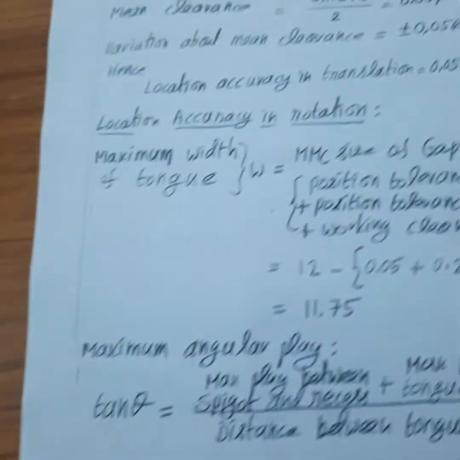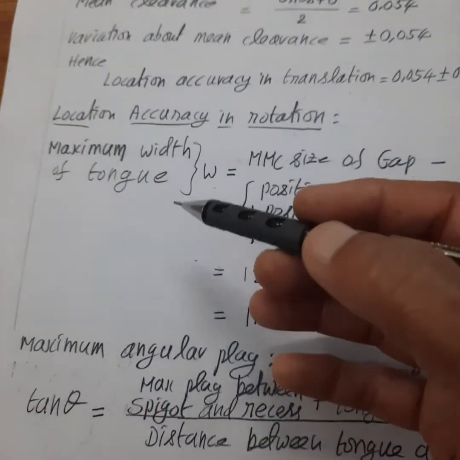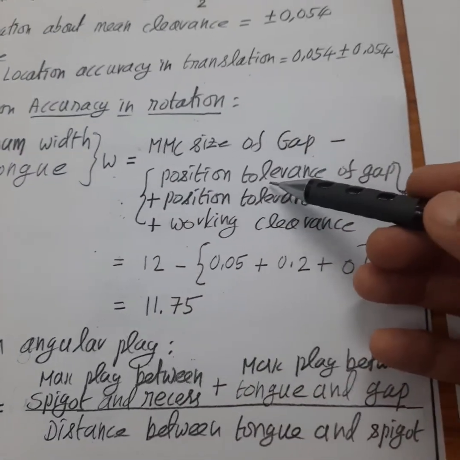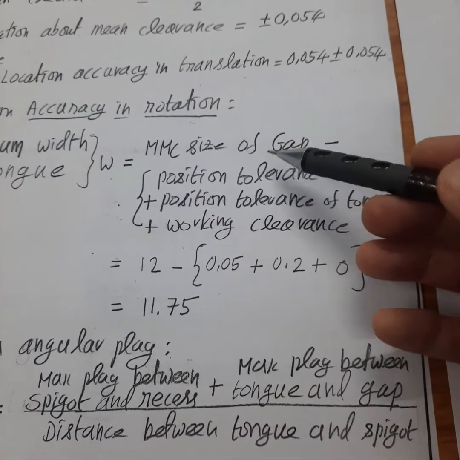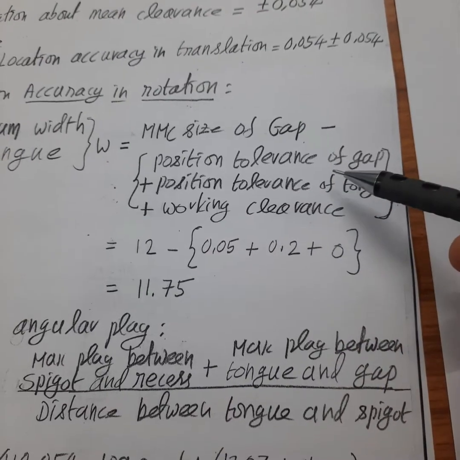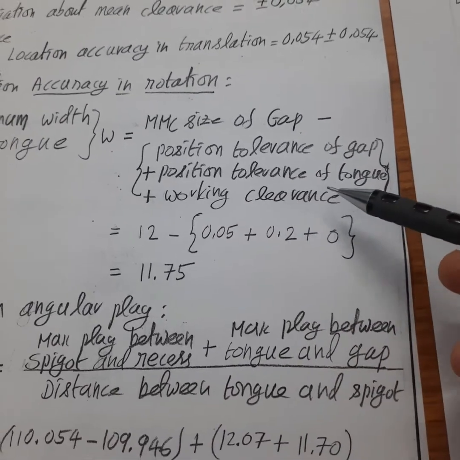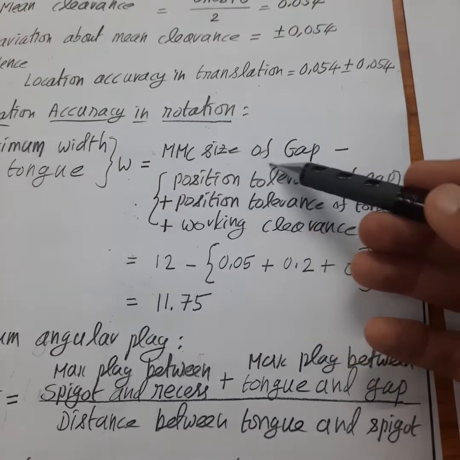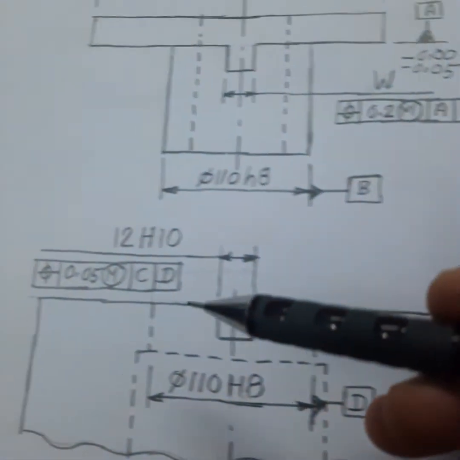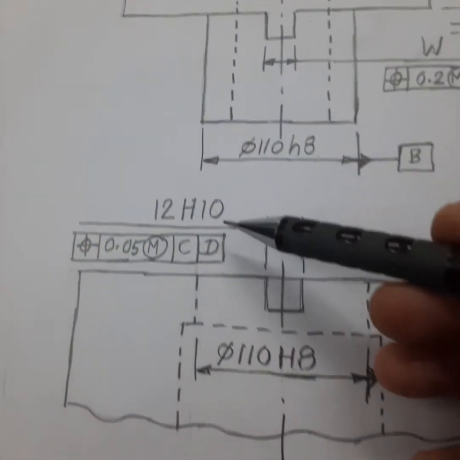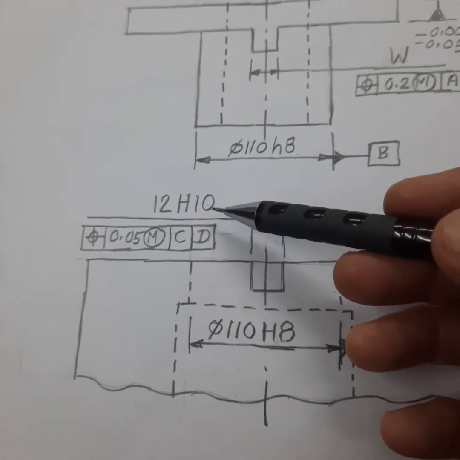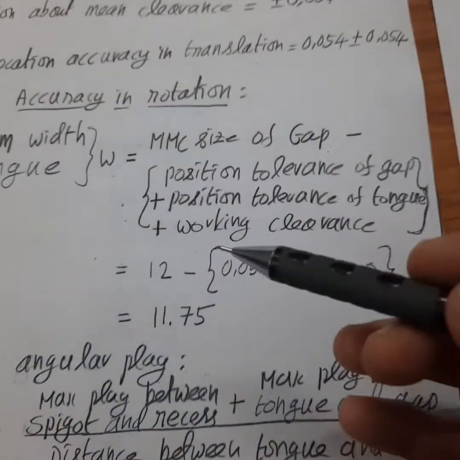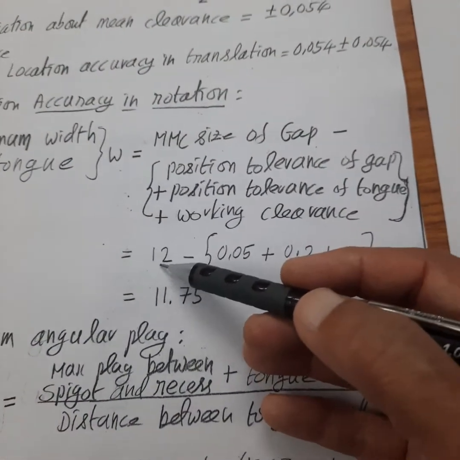Now let us apply these values to find the maximum width of the tongue W. The maximum width of the tongue W is found using this formula: MMC size of the gap minus position tolerance of the gap plus position tolerance of the tongue plus working clearance. So first we have to find the MMC size of the gap. Now the gap is assigned a tolerance of 12H. If you look at the tolerance for 12H from the data book, you will find the MMC size is 12 for the gap,